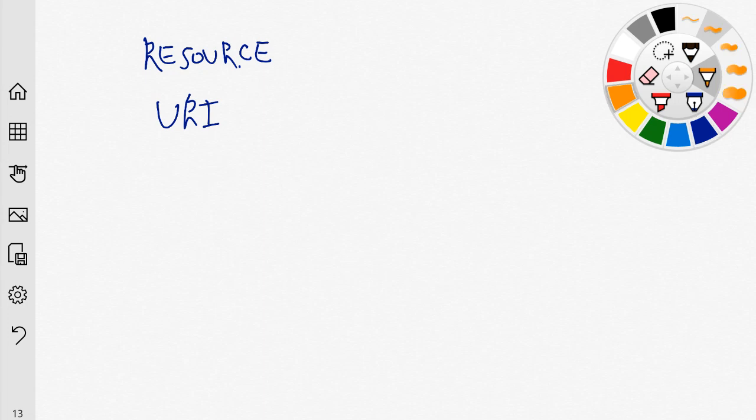And for example, we have something like this: user/buttoning/practice/1. This is an example of a URI. So with this URI, we can access practice resource 1 that a user buttoning defined for our